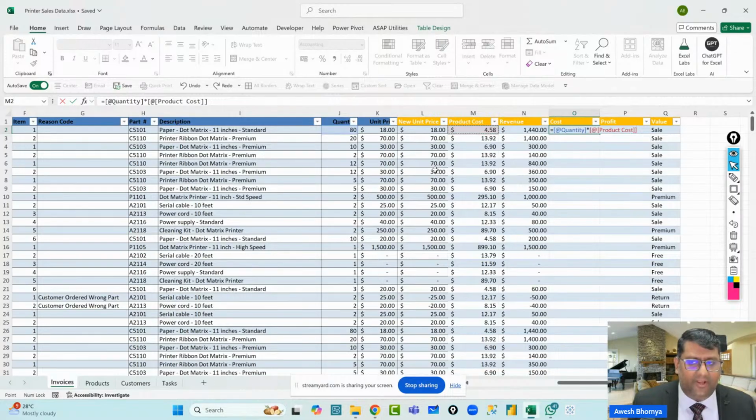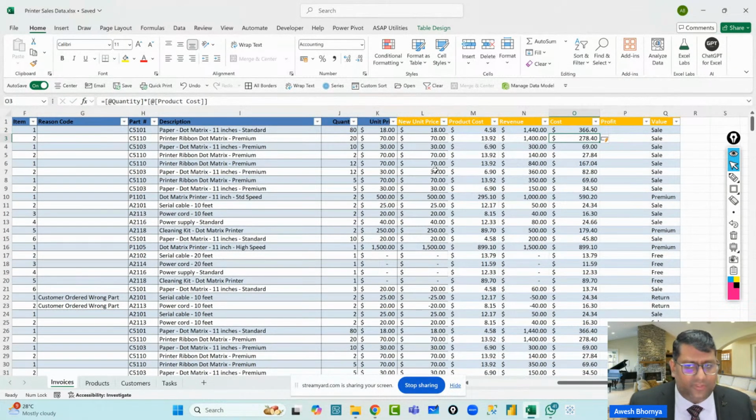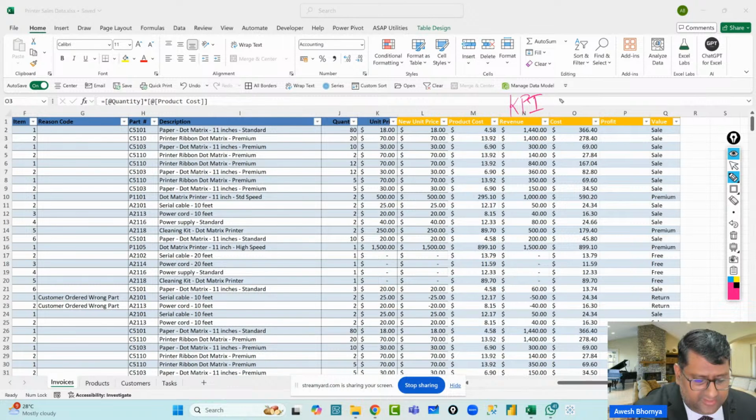And when you hit enter, every time you complete a formula, you can see that one formula is being applied and all the other cells in that column are getting updated. All this is happening because of the table format. Okay. Now, once I've got the revenue, I've got the cost. So 2 of the main metrics that we need to create are now ready for us. So this is one KPI. This is another KPI that we need to create that are ready.